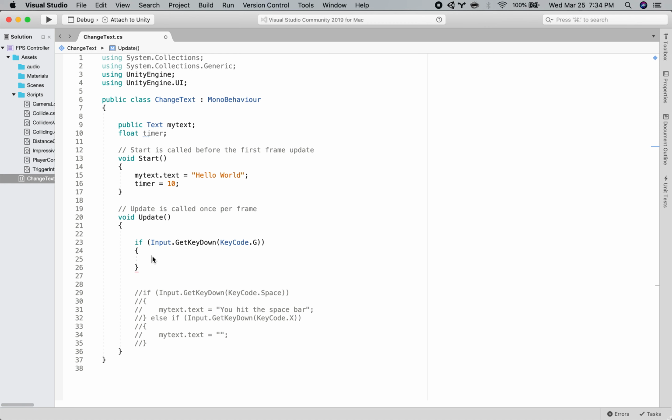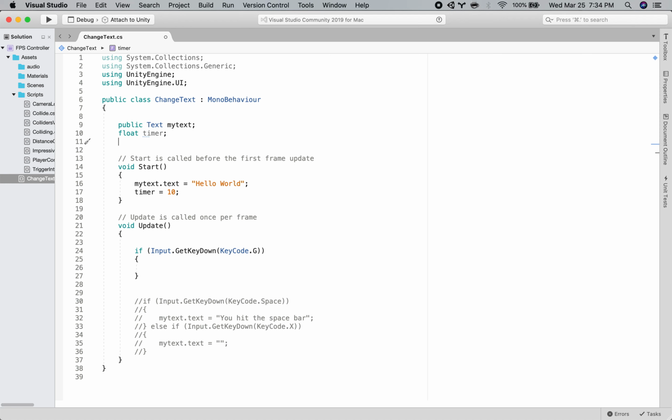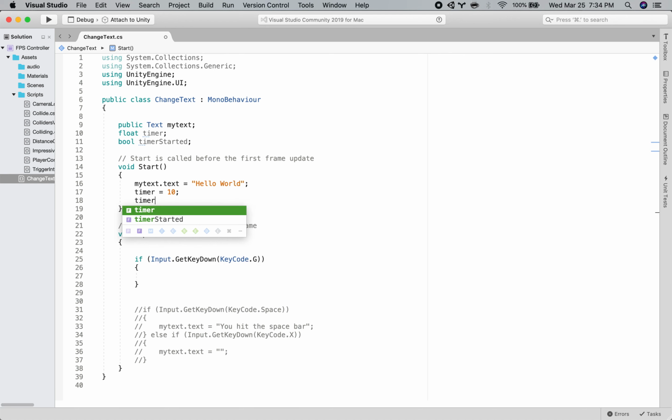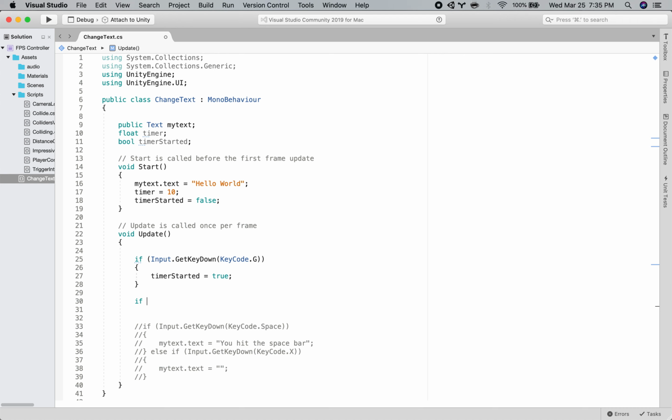start our timer. Because we're not starting it right away, we should have a Boolean that will calculate if our timer is going or not. Boolean timerStarted. And we will say that at the beginning, timerStarted is equal to false. And then if we hit the G key, we will start the timer. So timerStarted is equal to true. So if the timer is started,